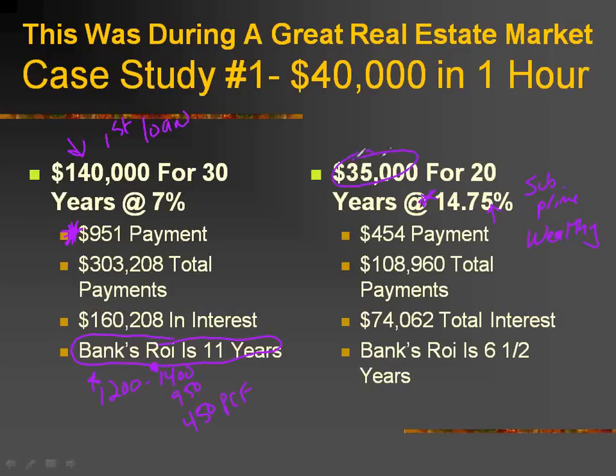I'm going to try to buy this right here cheap from the bank, and I want to get it at a discount. Cheap, at a discount. And then I want to get all of these payments right here. That's what makes you wealthy and rich. You'll see that the owner is going to pay back $74,000 in interest. The big number right here again. On this loan, because it's subprime,